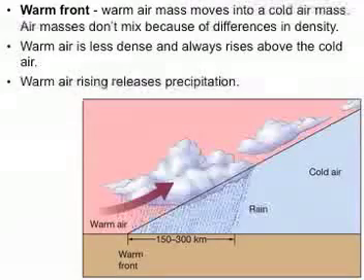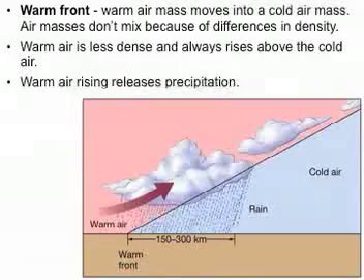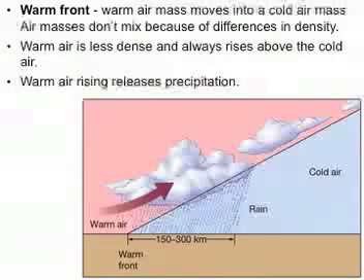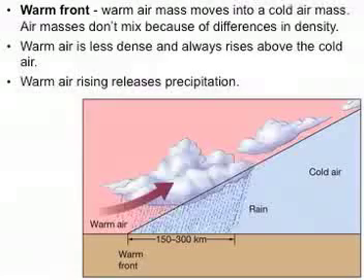All right, so warm front, where warm air moves into an area already occupied by cold air. Now, when that happens, remember cold air is drier and denser. And so the warm air, which is wetter and less dense, has no problem rising up. And remember, when warm air rises, it cools. And when warm air that has a lot of water vapor cools, that water vapor condenses and rains out. And so, yeah, we get rain, but it's going to be spread over a much larger area than